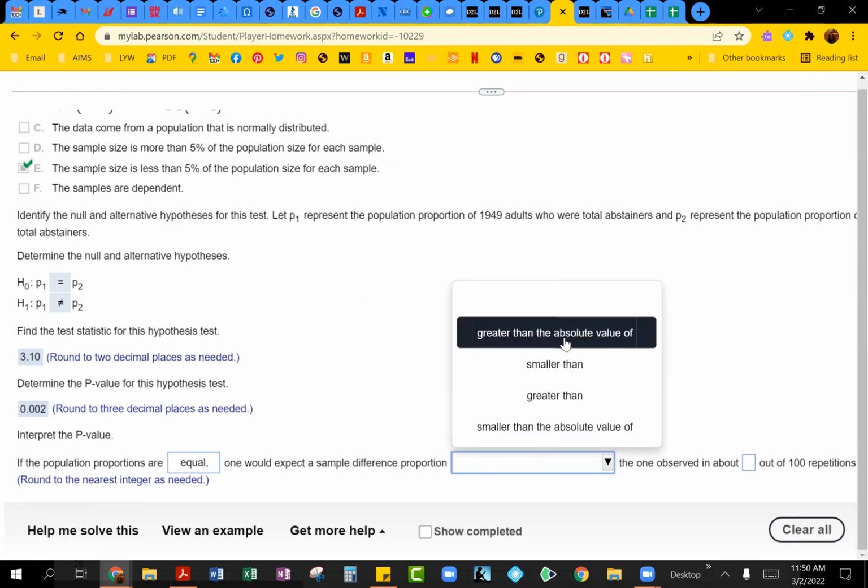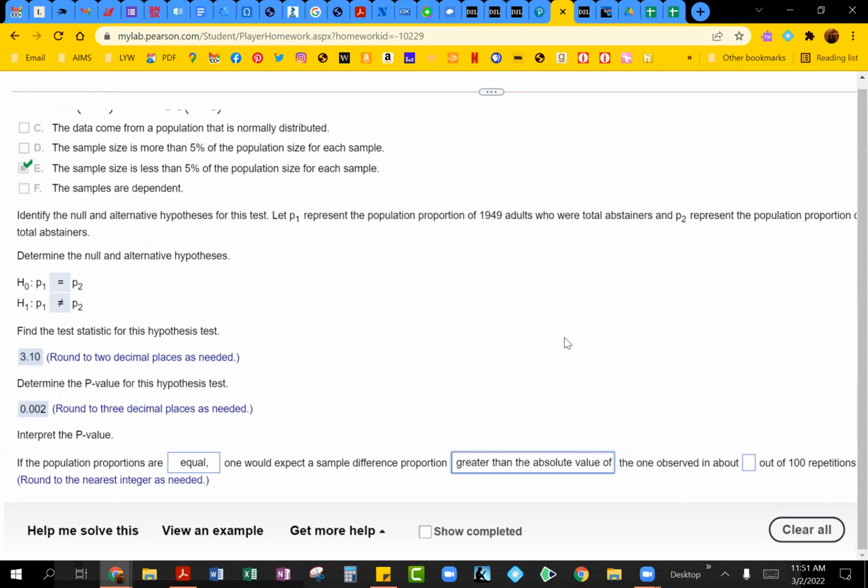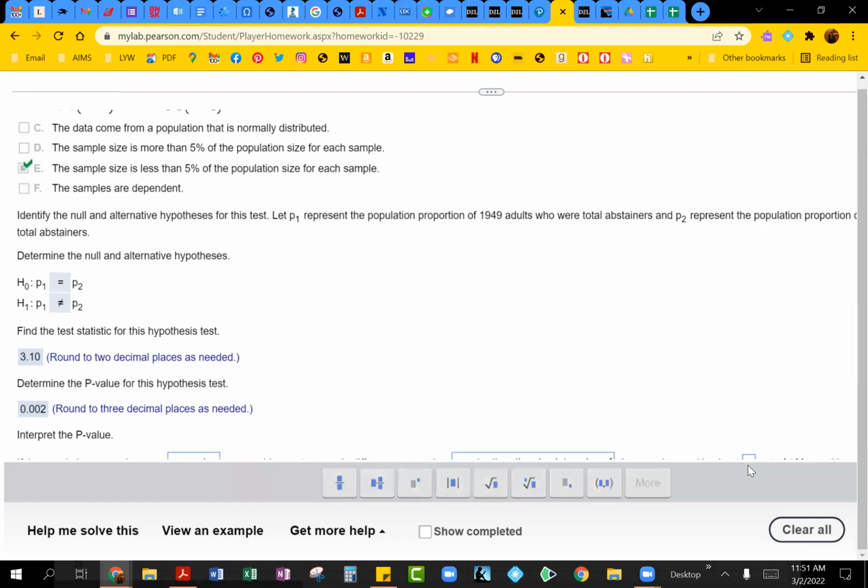And I would probably go with the absolute value in this case, because obviously these proportions can be on the positive or negative side of things. So if your two sample proportions are equal, one would expect the sample difference proportion, let's go with greater than for now, greater than the absolute value of the one observed in about,